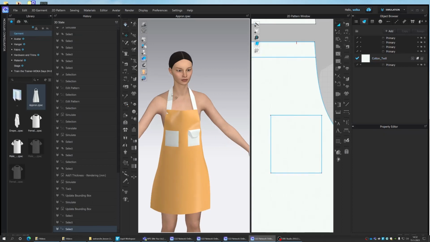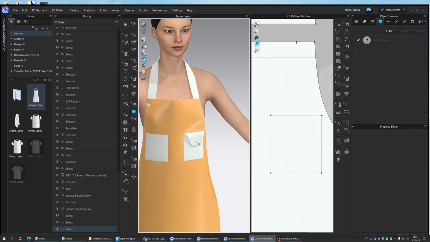If you want to add a button, you can go on the left side of the 3D editor, and you see the option to add a button. So I can click on it, and there's a button and a buttonhole. If I click on button, I can go to my pattern piece and just click, and you see it has added the button. But of course you don't want your button on the flap, so let's go a step back,